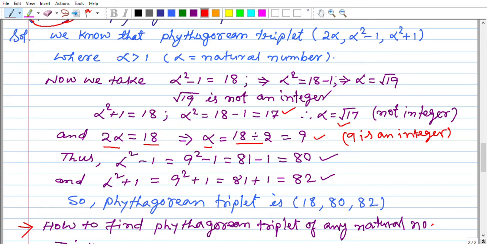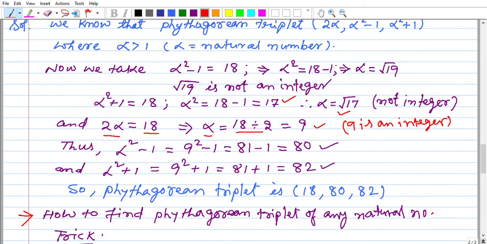There is no requirement to write the statement. In competitions there are so many questions, and if a question related to Pythagorean triplets comes, there is a time limit and so many questions, so it is not good to write the statement and then find the triplets. So we need to know the trick to find the triplets of any natural number in 1 minute.